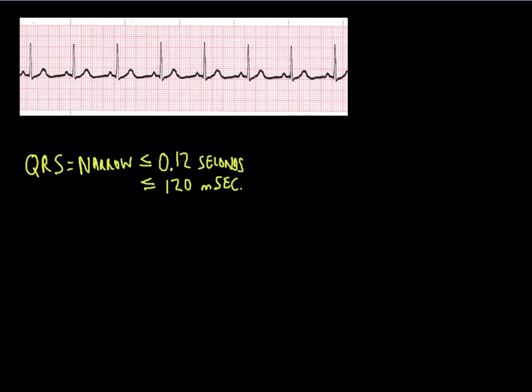Once we have that, the next thing that you tend to try and look for is a P wave. If I'm looking for a P wave on here, I've got a red arrow here. I have a P wave right there, another one right there, another one right there, and another one right there, and that continues on. I've got a little rounded P wave, a little hump that shows up there. So the rule for P waves is that they are typically going to be round,